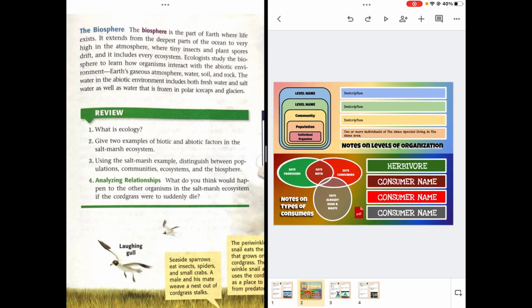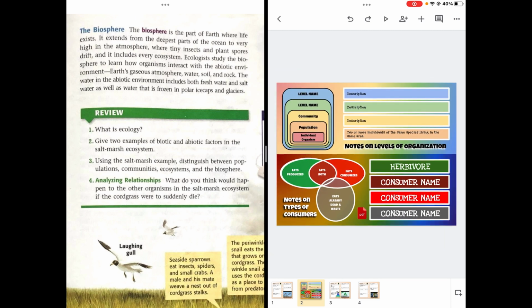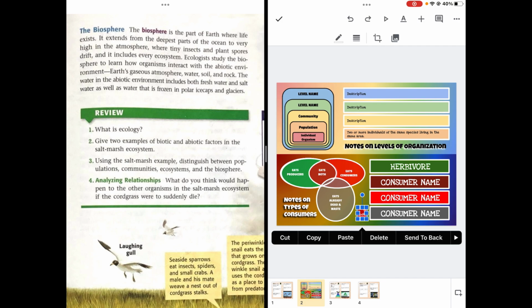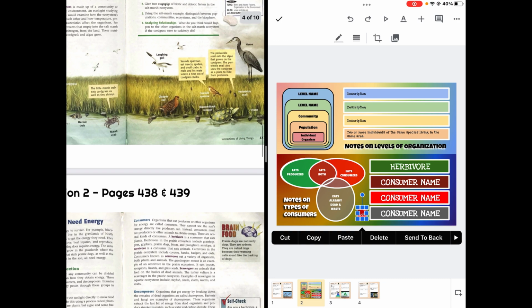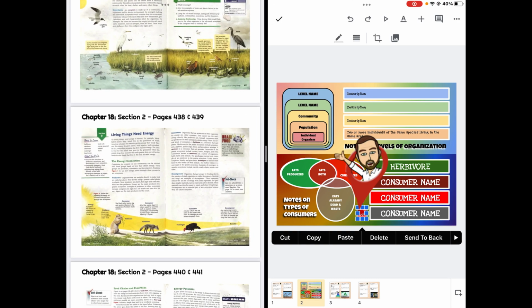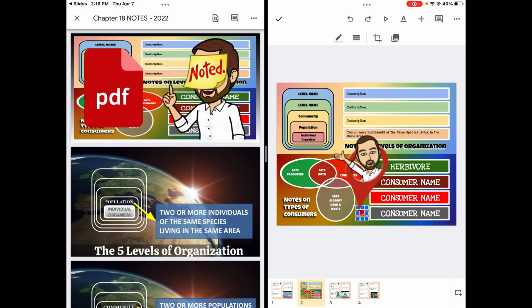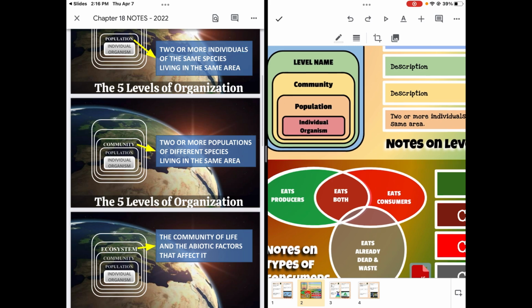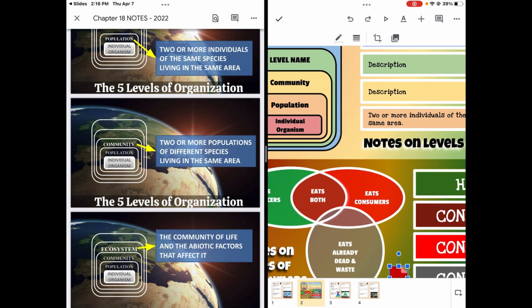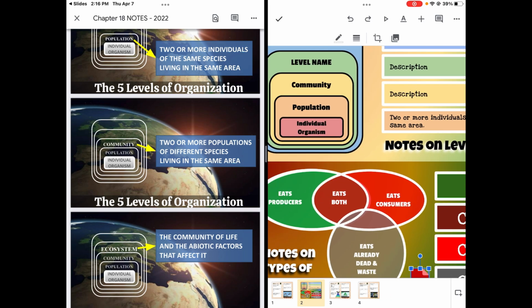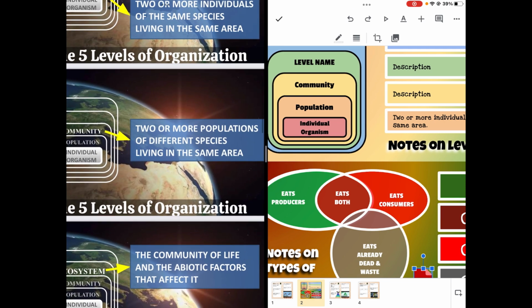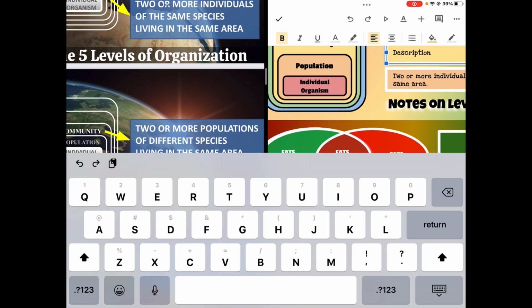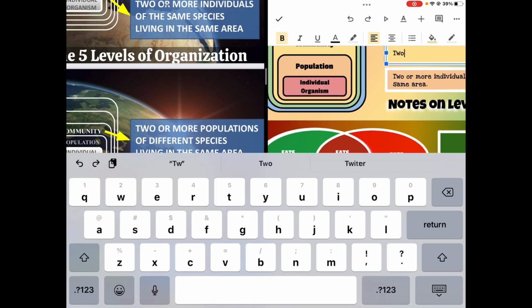To do slide 2, to take notes, we need to open the notes page. We could use the book slides. We could read carefully here and read carefully down here. But it's easier to open link and open the notes I've helped you with. So this is the second time. So for instance, population is the second group, the orange group, 2 or more individuals of the same species living in the same area. The next one up is community, and I would write for this one, hopefully we can match colors, 2 or more